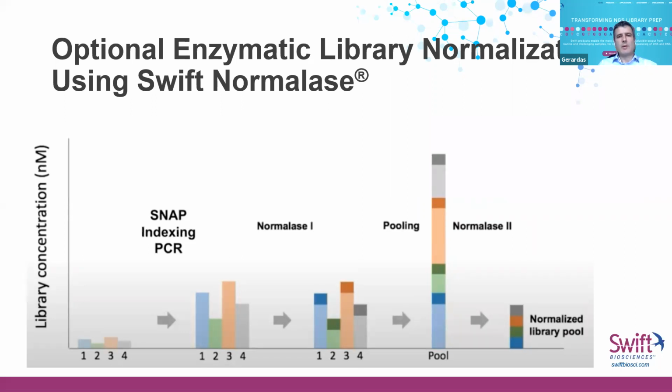in separate tubes. Then you will use one single pool, so pool all 384 libraries, if you wish, into a single tube and go into the normalize 2, indicated here. What normalize 2 would do is get rid of the excess of the unmarked concentration. So you will end up with libraries that are normalized, or equimolarly pooled in the same pool, ready to be sequenced. That's an elegant step, and we routinely have customers already successfully using the normalization step